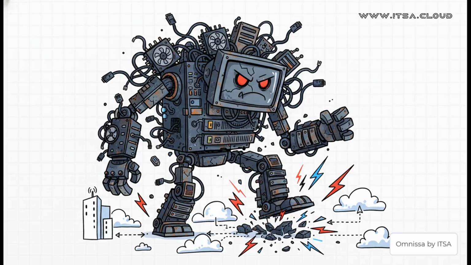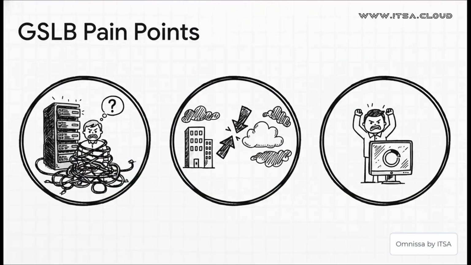Now, for a long time, GSLB was the go-to for directing users to the nearest data center. But it was designed for a much simpler time, and it's just not built for the fast-paced, ever-changing world of the hybrid cloud. So what makes GSLB such a headache? Well, first, it often requires expensive hardware that you have to install and maintain in your own data center. Second, trying to get it to play nicely with different public clouds can feel like a constant uphill battle. And you know who pays the price in the end? The user, with slow logins or just plain confusing connection errors.